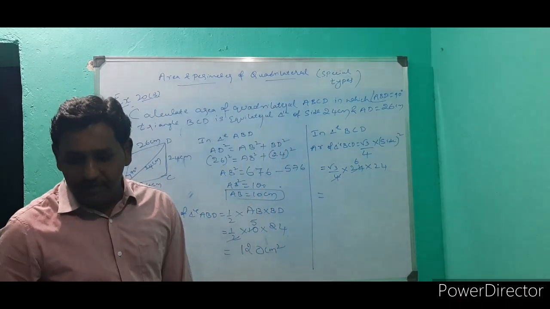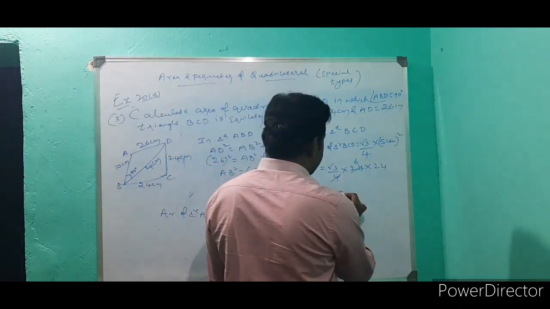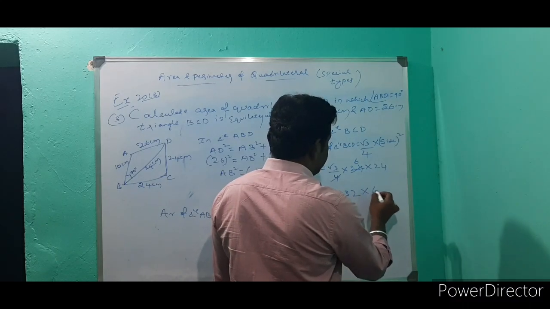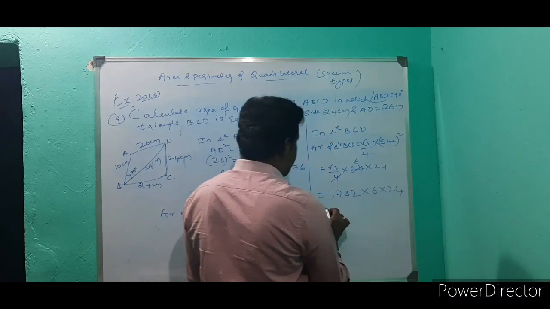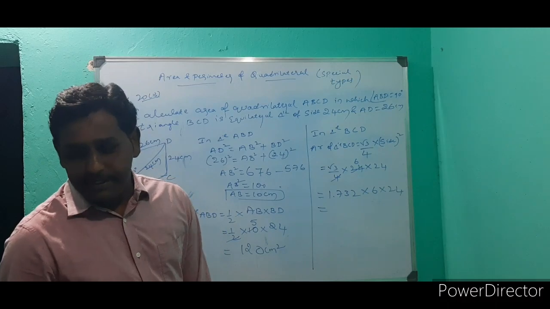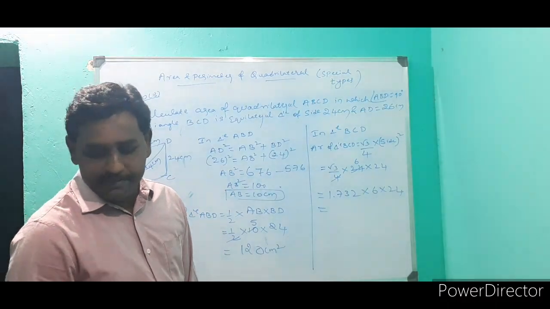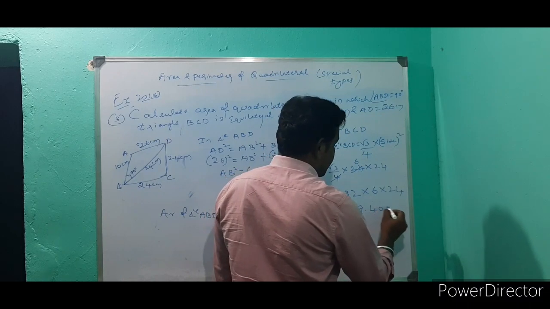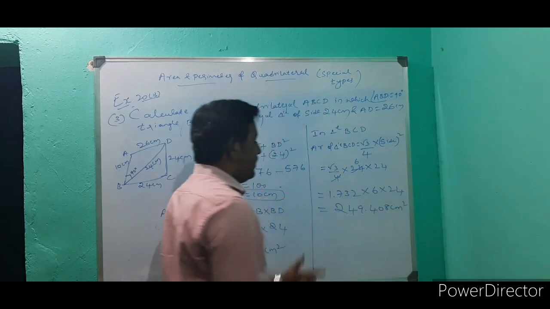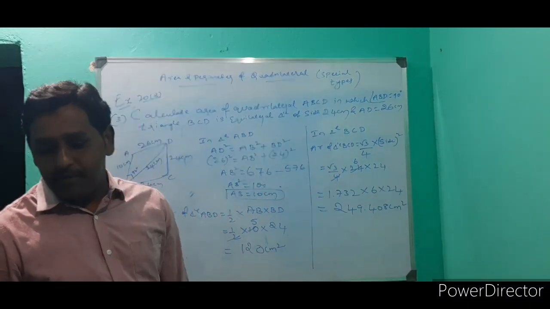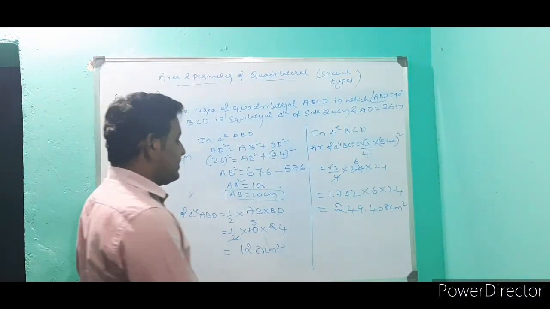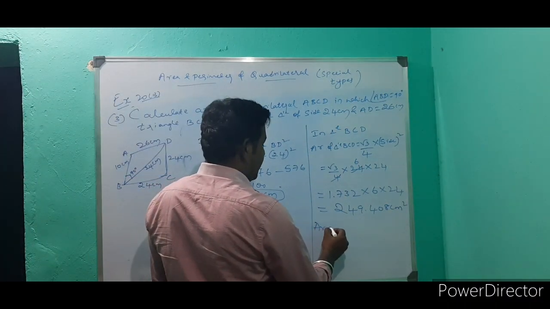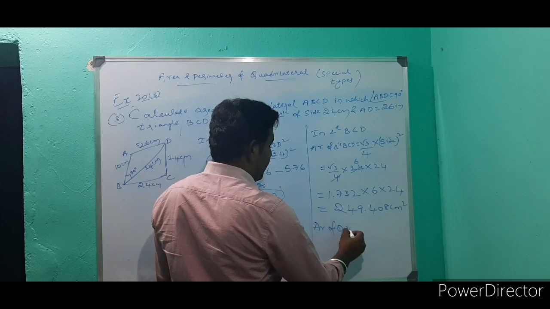So root 3 value we know, 1.732, 6 into 24. So you will get the product, that is 249.408 centimeters square. That is area of quadrilateral